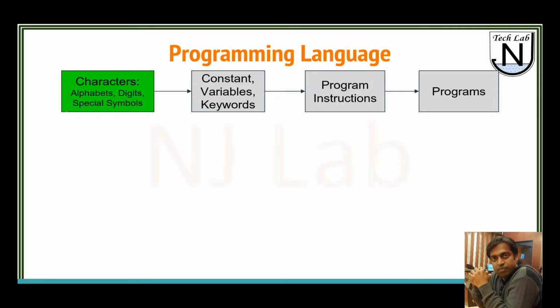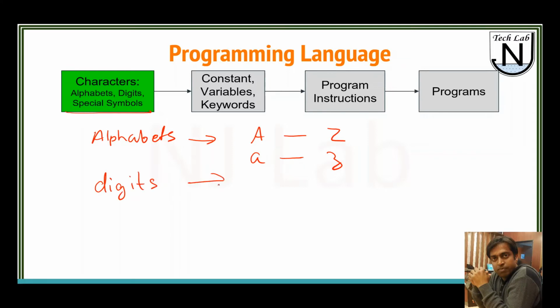When we start with the characters, if you look at the English and the mathematics that we have studied till date, to write any English literature we need alphabets, and in alphabets we have capital alphabets from A to Z and small alphabets from a to z. In mathematics and also in literature we need digits, and we have digits from 0 to 9. Apart from all this, we also sometimes need characters like full stop, comma, hash, dollar symbol,